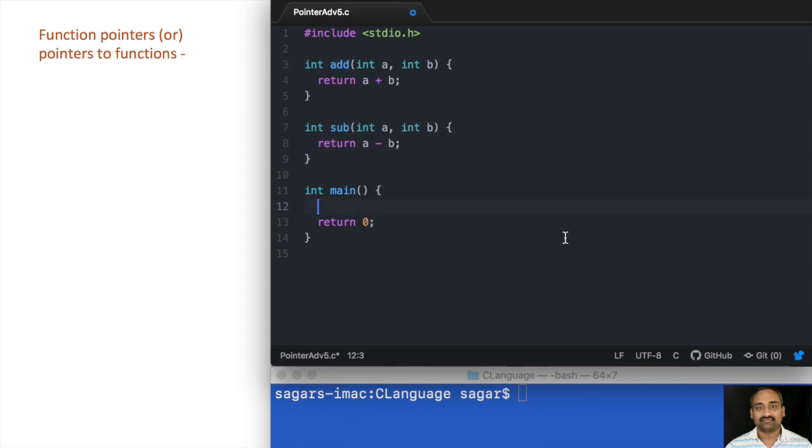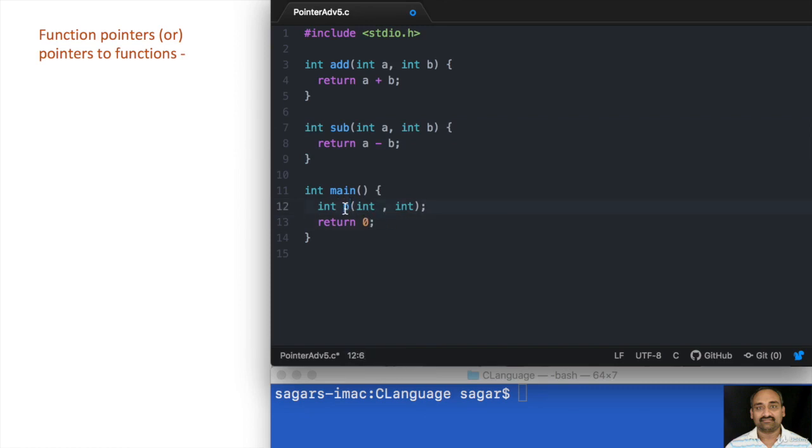So here I'm going to declare a pointer to a function. Let us say int p(int, int). What this declaration means is that there is a function named p, which returns an integer and accepts two integers. Now this is a function declaration, and this is the definition. When you are declaring the function like this, the function is assumed to exist somewhere in the program.